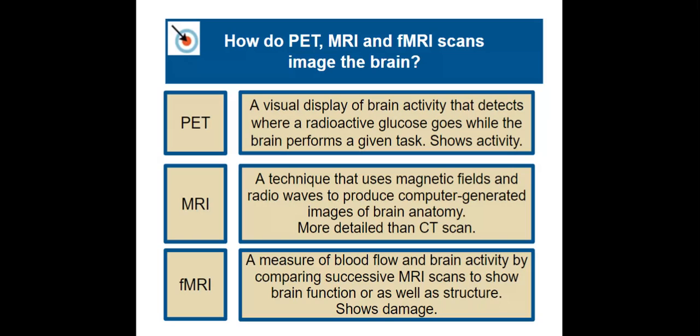Okay, the last test that we need to know is fMRI, and this is basically the same thing as above. The only difference is that it's a functional magnetic resonance imaging, and an fMRI looks at blood flow and brain activity by looking at multiple different MRIs. And basically what it does is